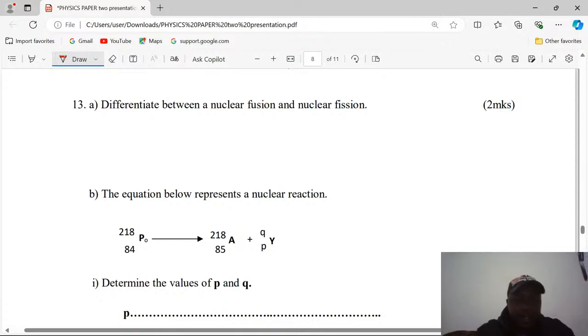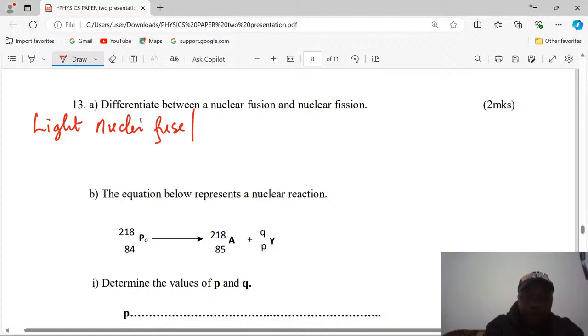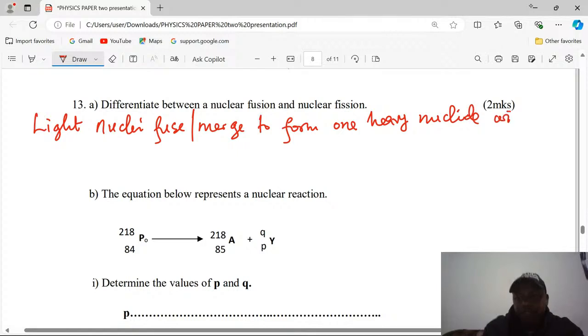Fusion is whereby two light nuclei fuse or merge to form one heavy nuclide with release of energy,